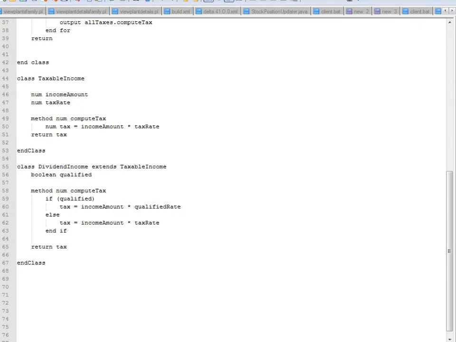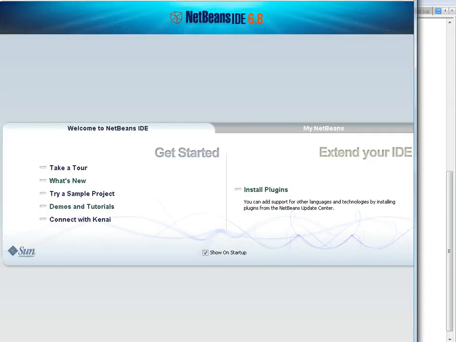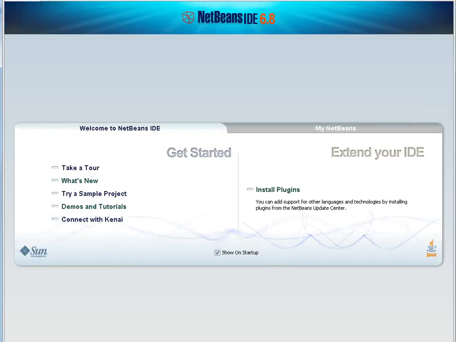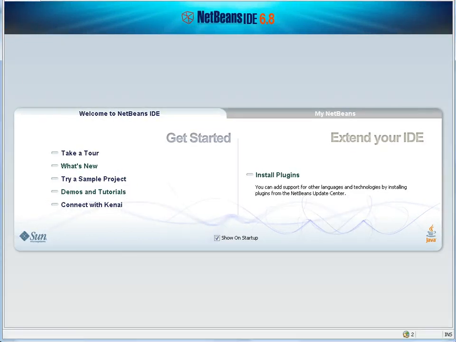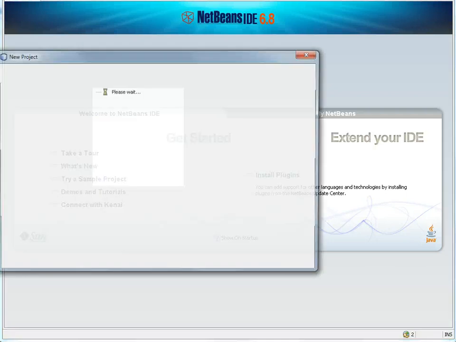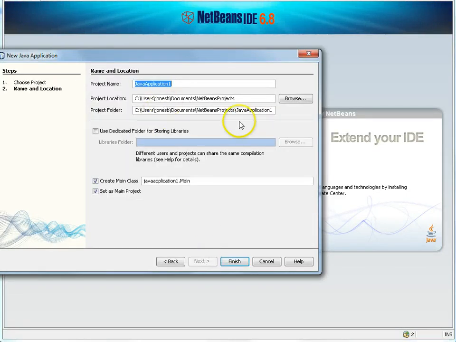Okay, given this, I'm going to open up NetBeans, and I just installed it on this laptop, so hopefully everything's in good and operable condition. And again, just to remove the minutia of everything else we've done, I'm going to start fresh on this example. I'm trying to maximize the screen space here. File, New Project, Java Application. We'll call this